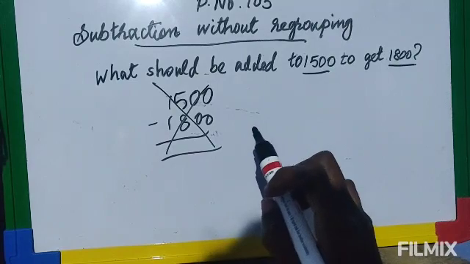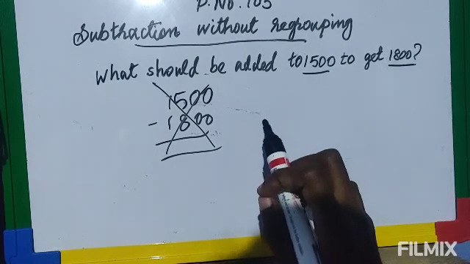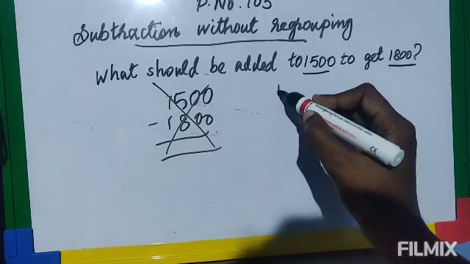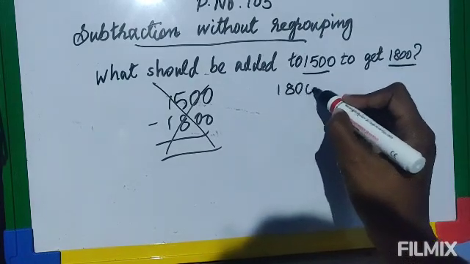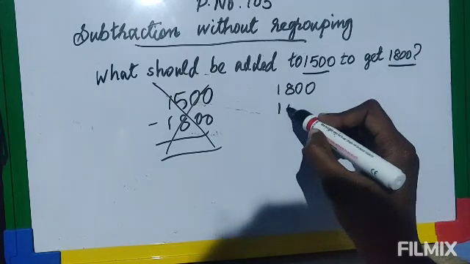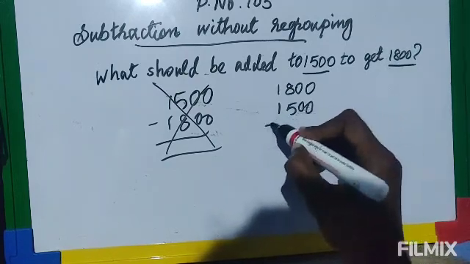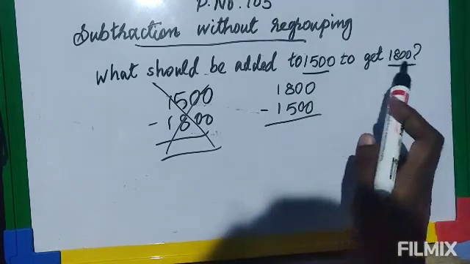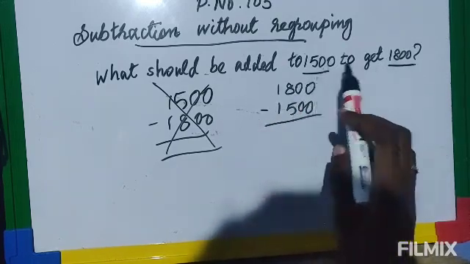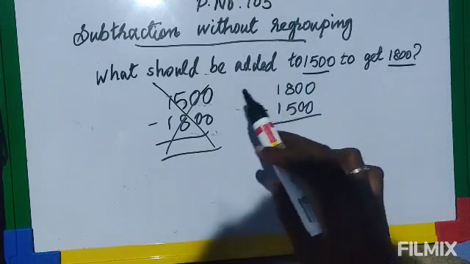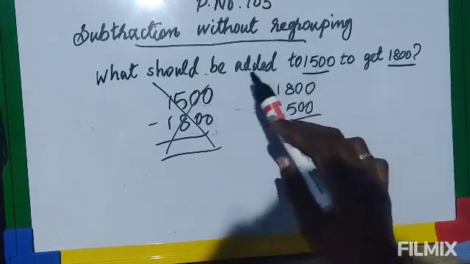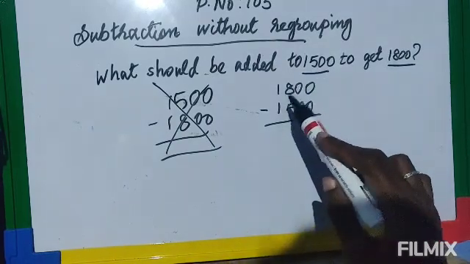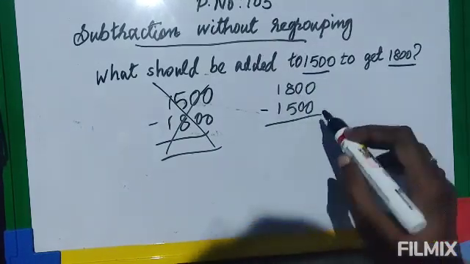In subtraction you already know that you have to write the bigger number first. So in these two, which is the bigger number? 1800 is the bigger number. So you write 1800 on the top, then you write 1500 at the bottom, then you minus. So don't write the numbers as they are given in the order. Don't write it first just because it is given first. You have to subtract, so look for the bigger number first, write the bigger number first, write the smaller number, and minus.